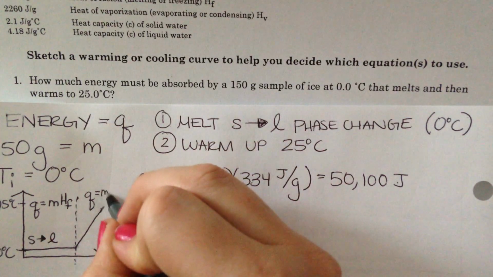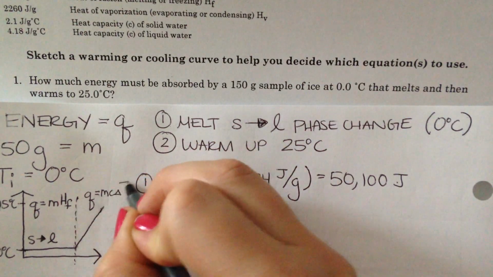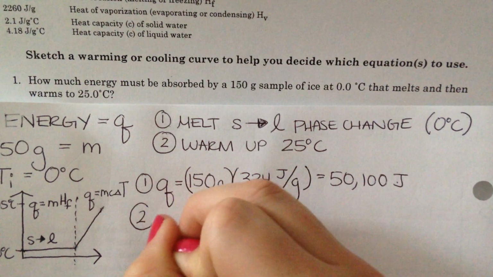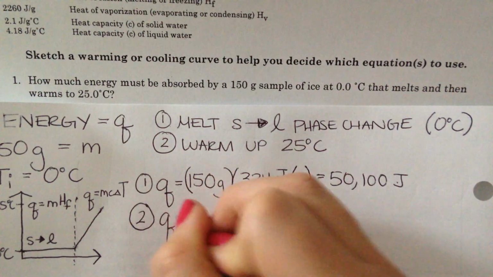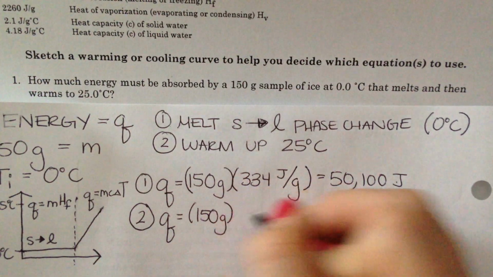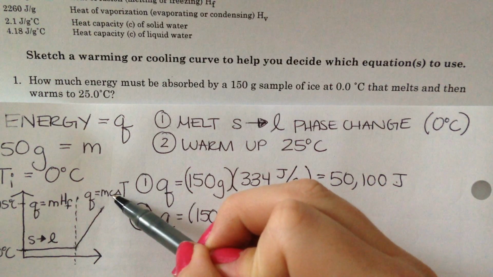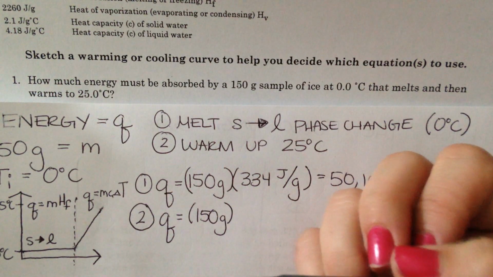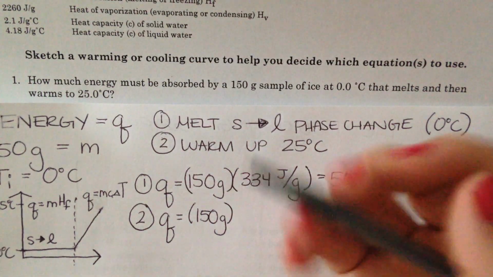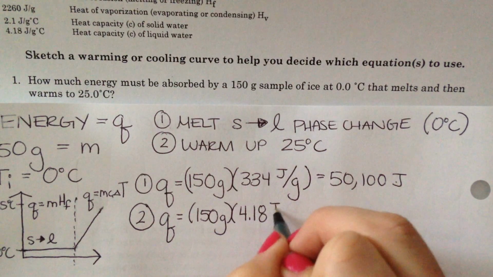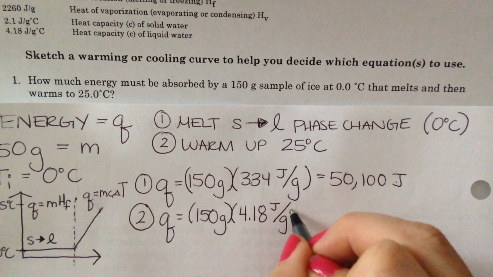And the only equation we have is Q equals mc delta T. So let's find out that Q. Our mass is 150 grams. This little c here is going to be the specific heat of liquid water because we're warming up liquid water. The specific heat of liquid water is 4.18 joules for every gram